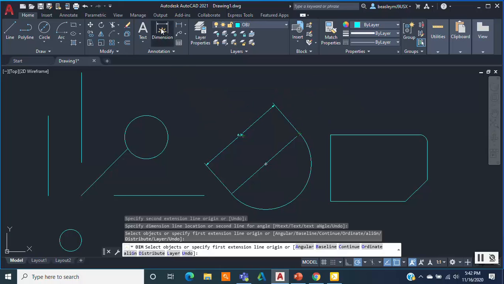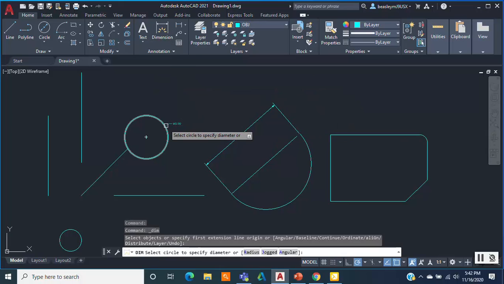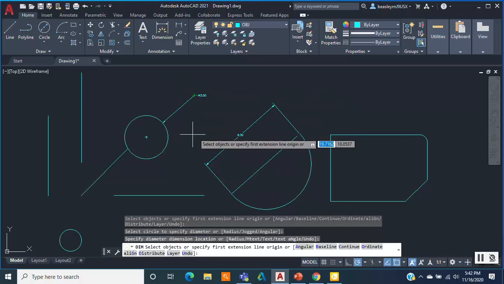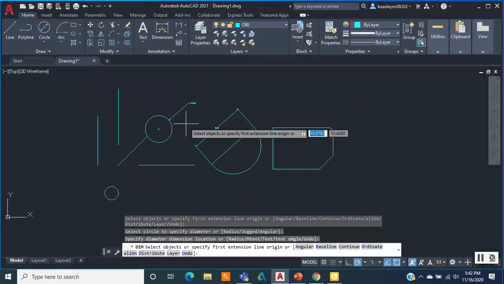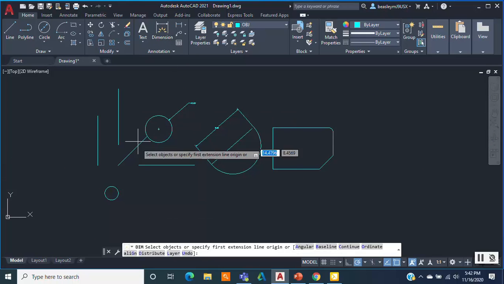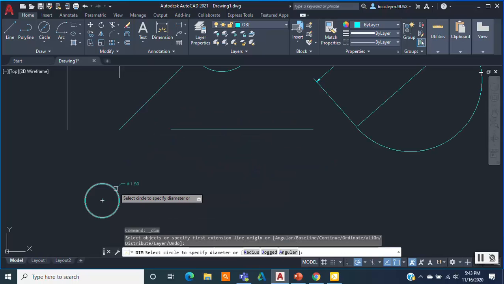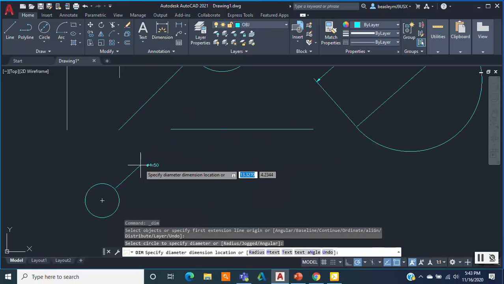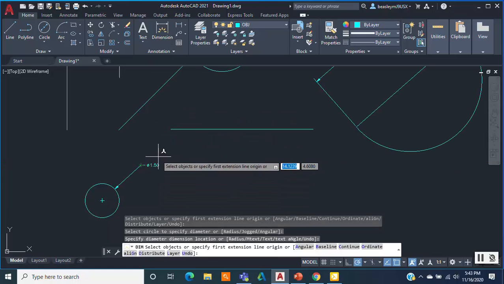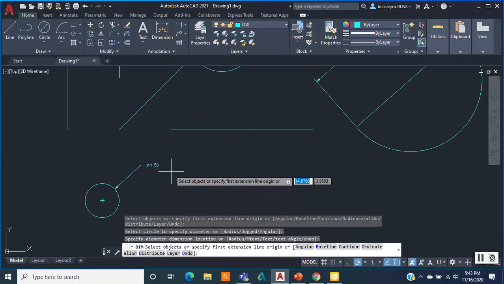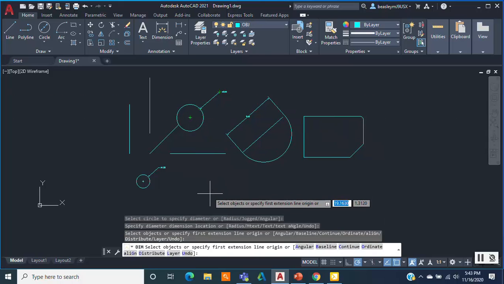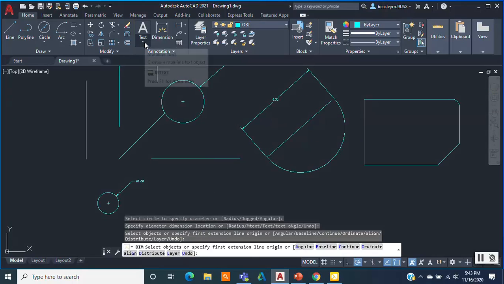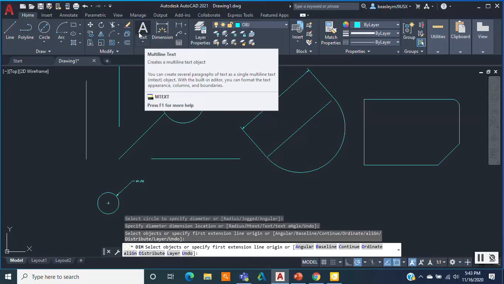The next dimension I would like to demonstrate is going to be a diameter dimension, this circle, and it is showing a diameter of 3 inches. But if we were to repeat the dimension process on the circle we drew using diameter, now you can see only a diameter of 1.5 inches compared to the circle radius command we used earlier that has a full diameter of 3. You can also add notes by selecting the text command.